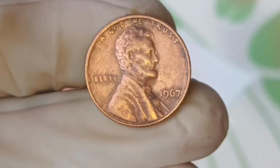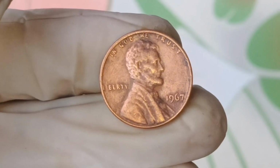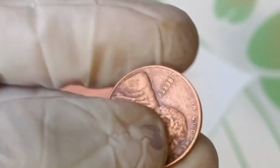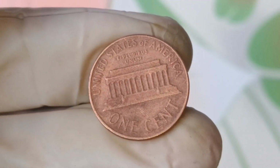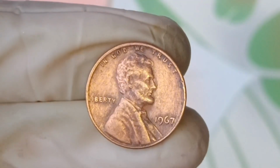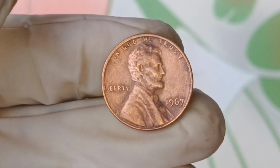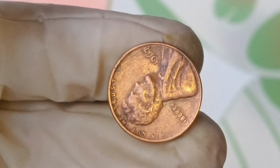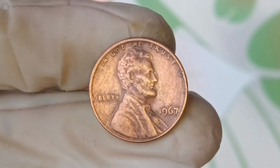1967 proved to be an unusual year for U.S. coins. No proof sets were officially issued in the traditional sense. Instead, the Mint produced special mint sets, SMS, which are now considered semi-proof-like and are highly sought after by collectors. These special sets were struck with above-average quality and more refined dies, though they lacked the mirror-like finish of traditional proofs. For the 1967 Jefferson nickel, coins from the SMS are often the most visually striking specimens, showcasing sharper detail